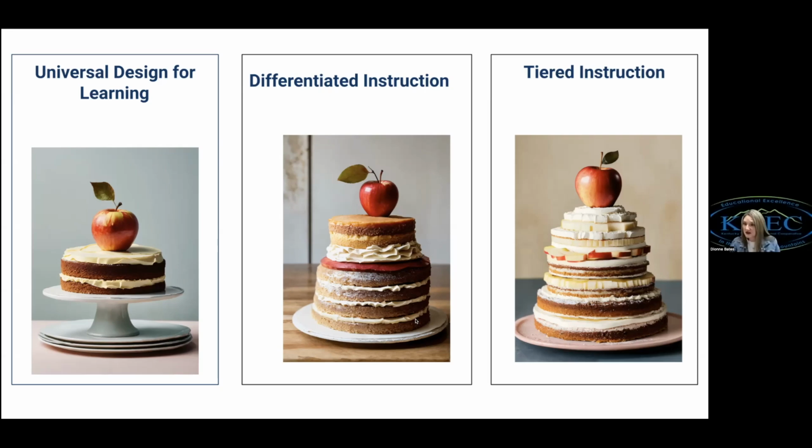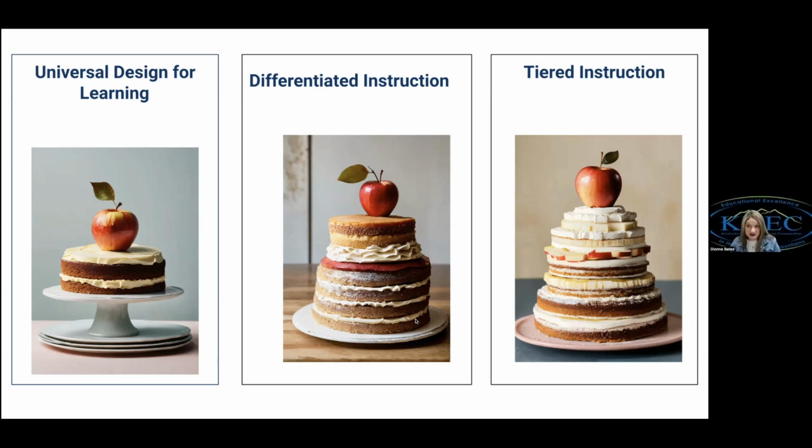And then we move to tiered instruction. That's where tier 1, tier 2, tier 3 occur. And that's how we move students, right? Again, we decrease the group size, and we increase the intensity and the frequency of how we provide them research-based interventions. So all of these happen before